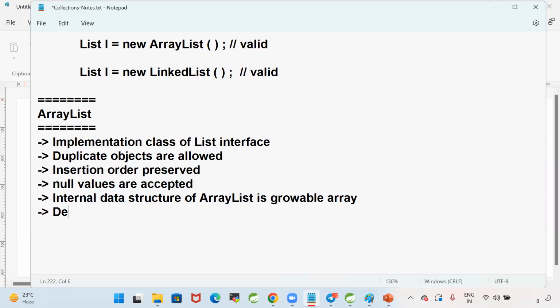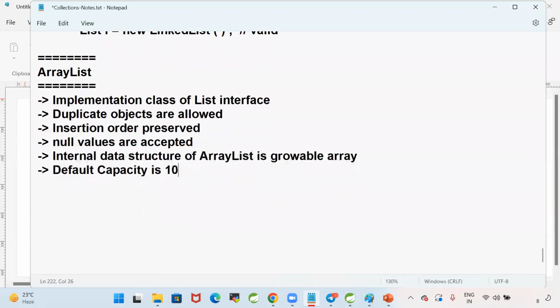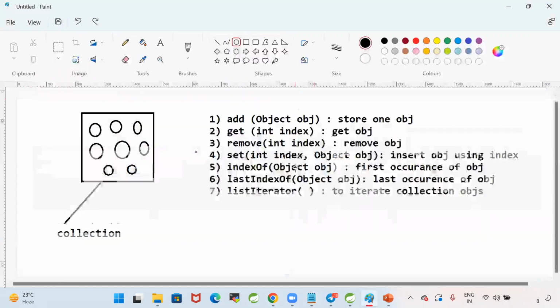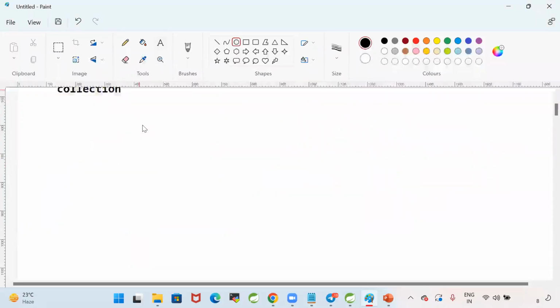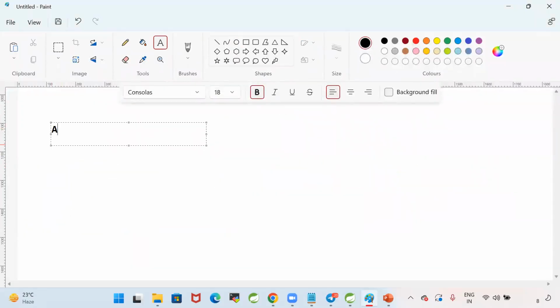Default capacity is 10. What is the default capacity of the ArrayList? Default capacity is 10. That means whenever you create an ArrayList, internally one array will be created with the size as 10. Do you know how to create arrays in Java? What is the purpose of arrays? To store multiple values. Whenever we create an ArrayList object,